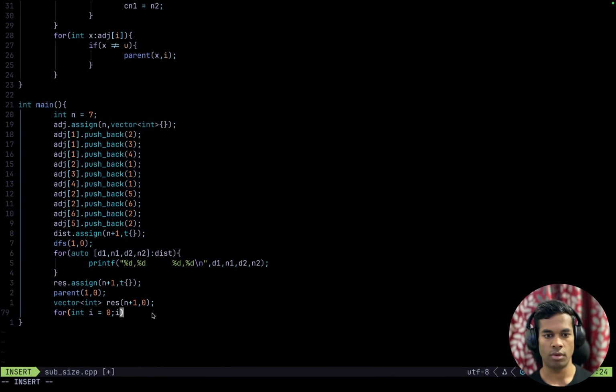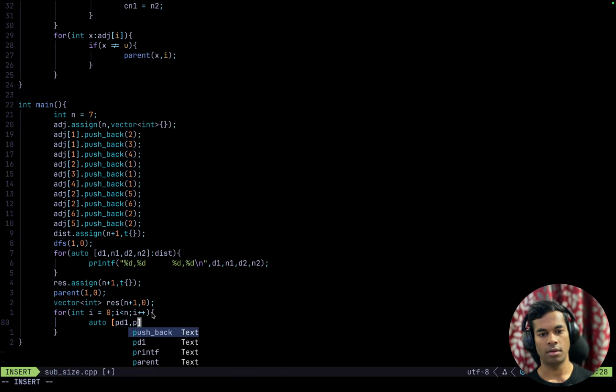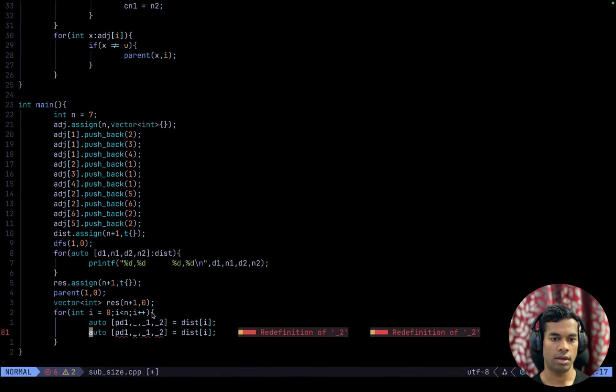int I equals 0, I is smaller than n, I plus plus. If so, we do have to break, so auto parent distance 1 comma parent, this distance is all that we are interested in, equals dist I and child 3 4 and